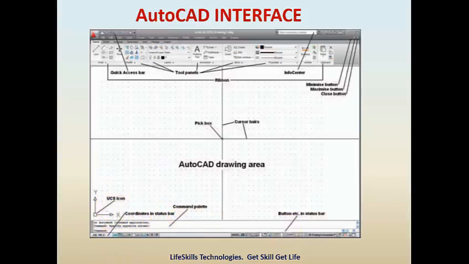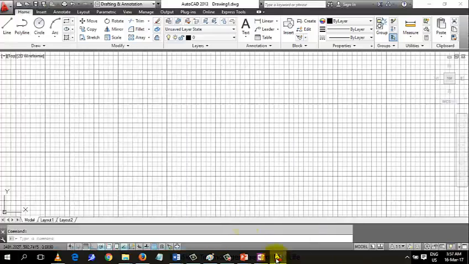Okay. Now let me launch AutoCAD to show you that. Look at my mouse. All these buttons, like paper, like folder, like a diskette. This area we call the quick access bar. This is the quick access bar, including this. Yeah, this is the title bar that bears the name of the software and the file you are